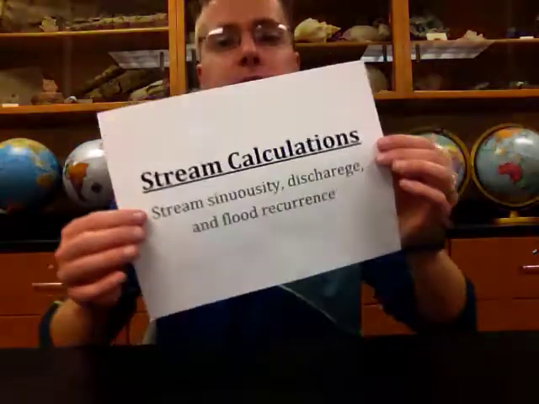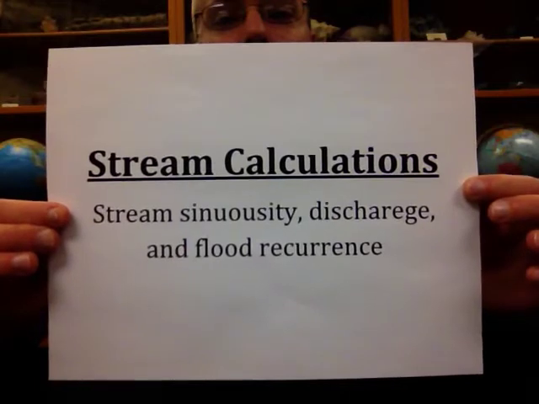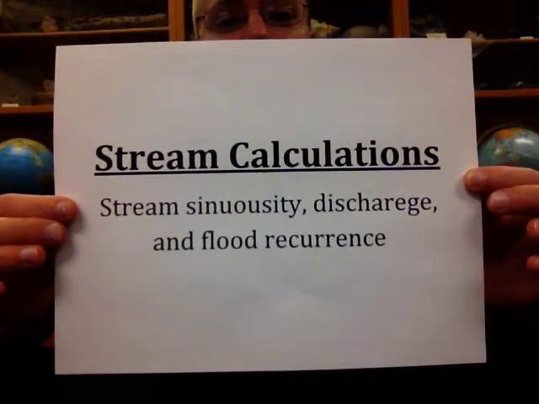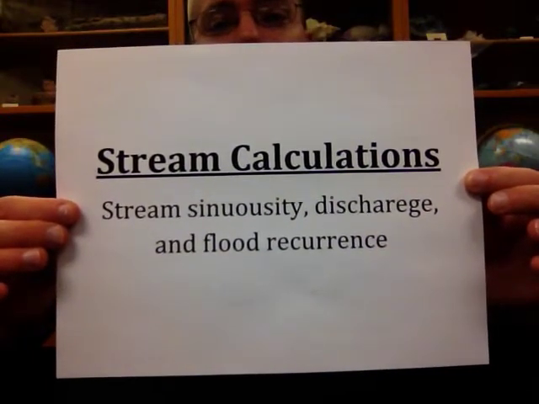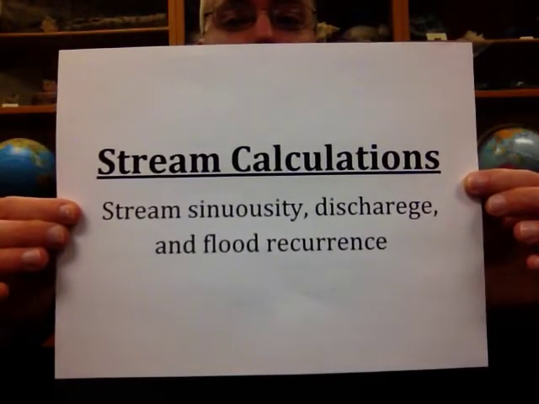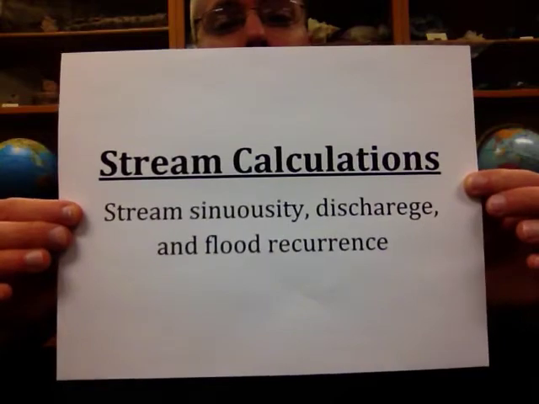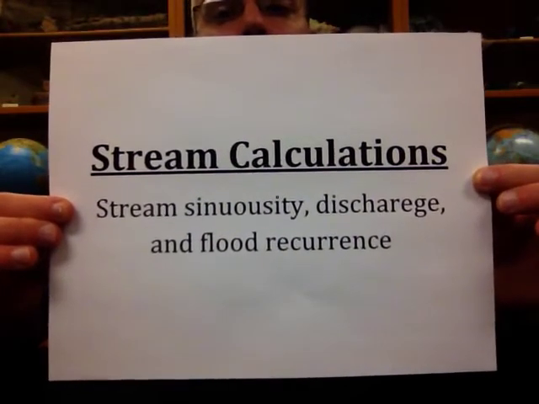Stream calculations. In this video, we will do example problems for calculations you can expect to do while in an intro geology lab on streams and surface water. So we will calculate stream sinuosity, which is a measure of how essentially curvy a stream's channel is in map view. We will also calculate discharge, which is the volume of water flowing through a stream over a given amount